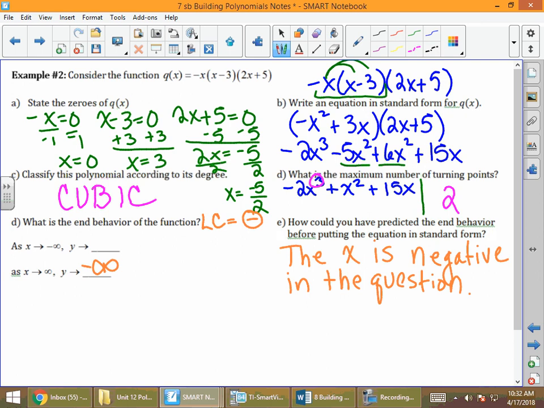It is a cubic function, which is an odd value. And that means that our end behaviors go in opposite directions. So this is going to be positive infinity here. Nothing wrong with looking at the picture on your calculator to determine what the end behavior of the function is. Turning over our paper,